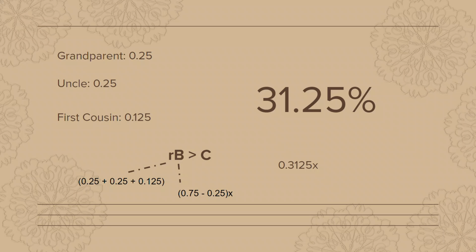The coefficient of relatedness of you and your grandparents is 0.25. We've gone over that already. With you and your uncle, that will also be 0.25. And first cousin would be 0.125, because recall that if you assume that this cousin is birthed by one of your uncles or aunts, which is guaranteed to be true, they're going to share half their genetic information. So that's 0.25 divided by 2, which is 0.125.